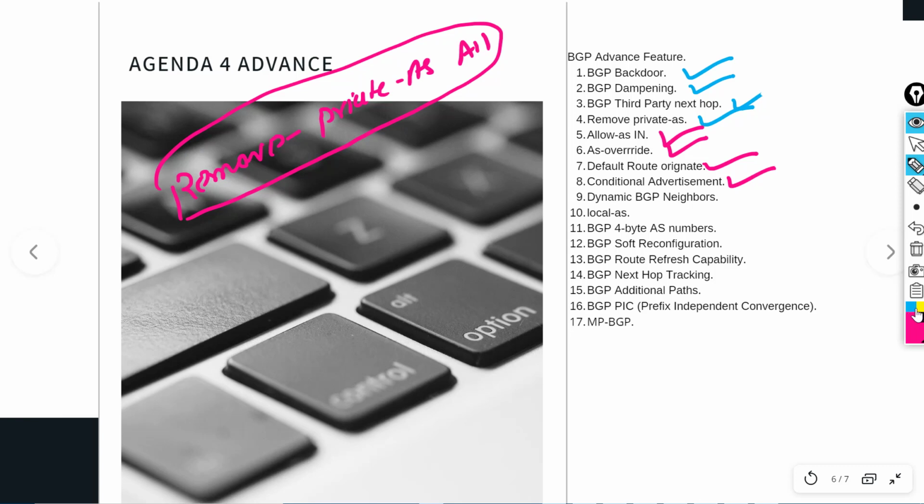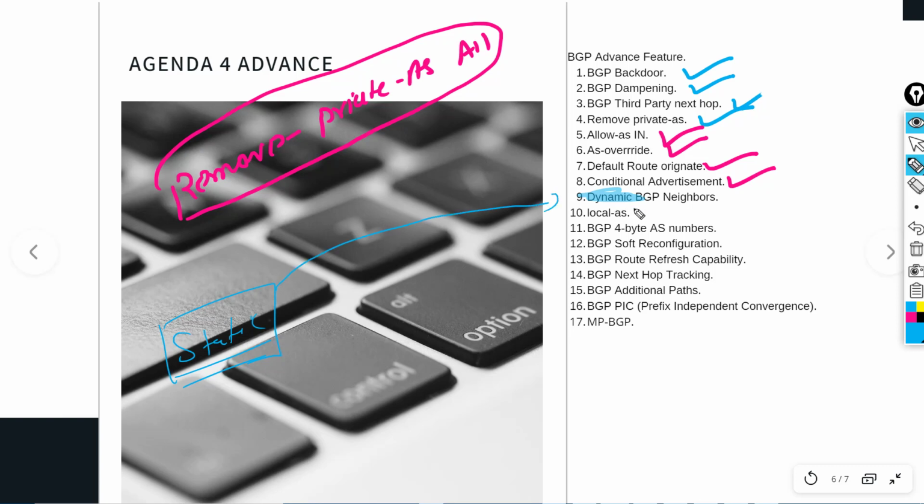Then we'll go for dynamic neighborship. It's also very important because many times it's not possible to define static neighborships. For example, if you have a huge number of routers in your network and you have to define static neighborships, in that case it's not feasible. Then we'll go for dynamic neighborship.